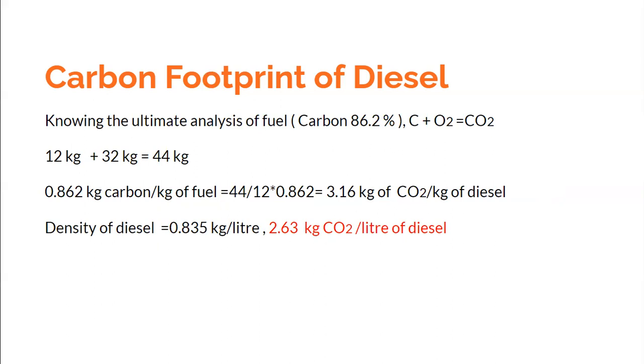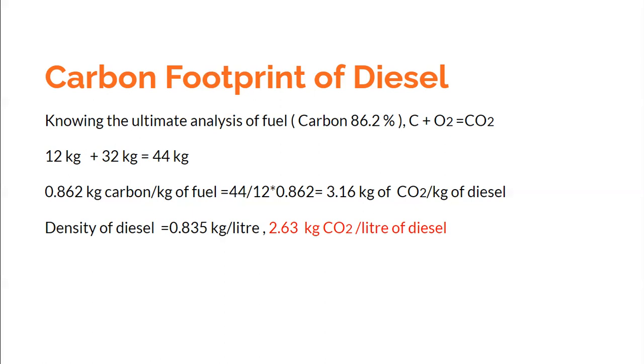You all know that if the carbon is completely oxidized during combustion, then it forms CO2. So that is the assumption we will be making when calculating the carbon footprint. So C plus O2 gives CO2, that we all know. C means 1 mole of carbon, which is equivalent to 12 kgs of carbon, and 1 mole of oxygen is equivalent to 32 kgs of oxygen. So C plus O2 gives CO2 means 12 kgs of carbon gives you 44 kgs of carbon dioxide.